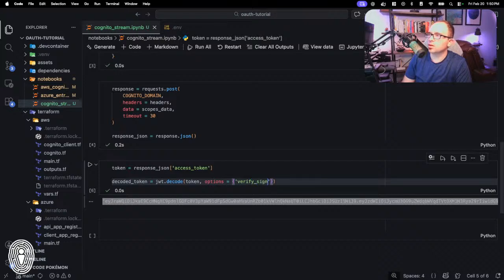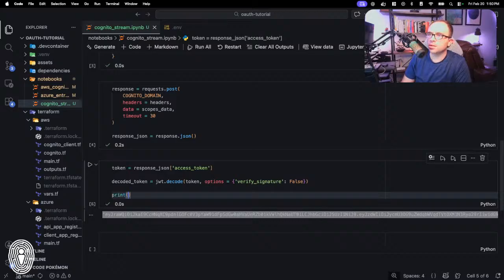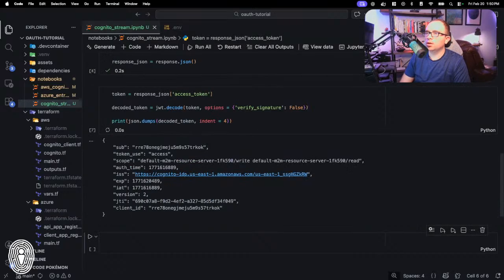Verify signature is false. And then finally, we're going to print out with JSON, json.dumps decoded token, and then we're going to do an indent of 4. And then this is essentially the same thing that we were looking at on the JWT website here. So there we go. That is how you do things in